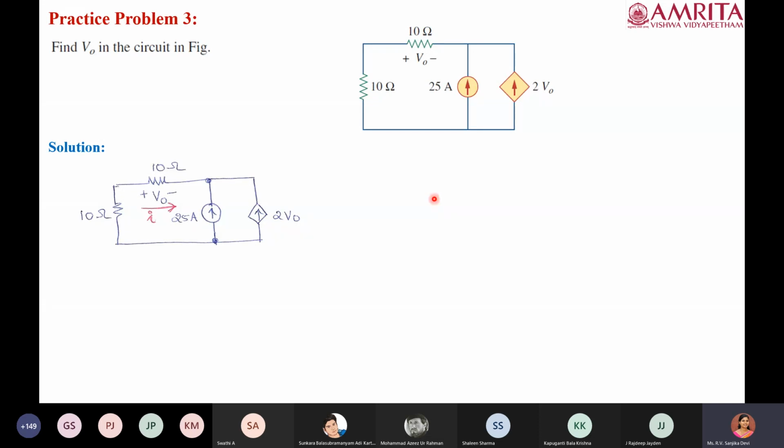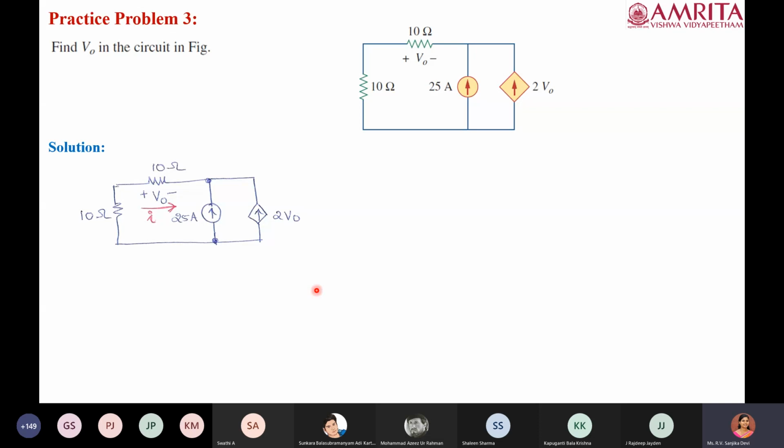Now how do we solve this? We have to find V0. For these two current sources, it is quite straightforward because we can write the current coming to this node. But for the third branch, where we have two 10 ohm resistors in series, we have to determine this current. So let us use a variable I and assume the current is flowing in this direction, because as per the plus-minus convention given, there will be a drop when the current flows through this resistor. The voltage drop happens only if the current flows in this direction.